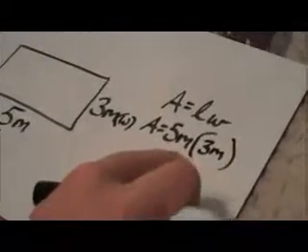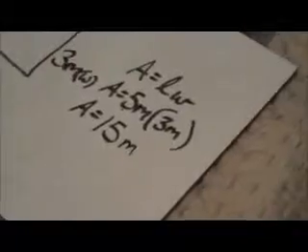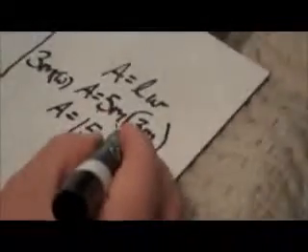Think back to your algebra. 5 meters times 3 meters. I'm going to take 5 times 3, and that will get me 15. We are measuring in meters, so I have 15 meters. One way to remember is I've got 2 meters here, so it will become square. But